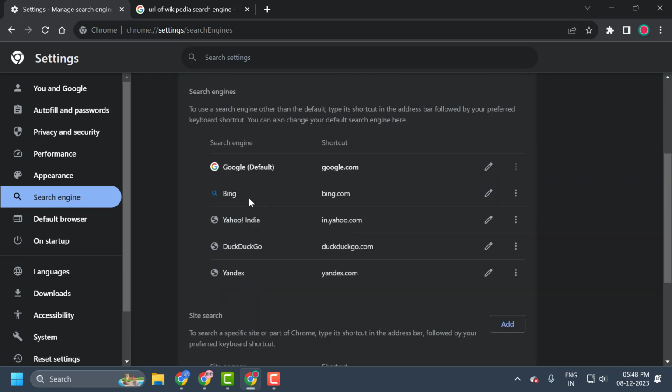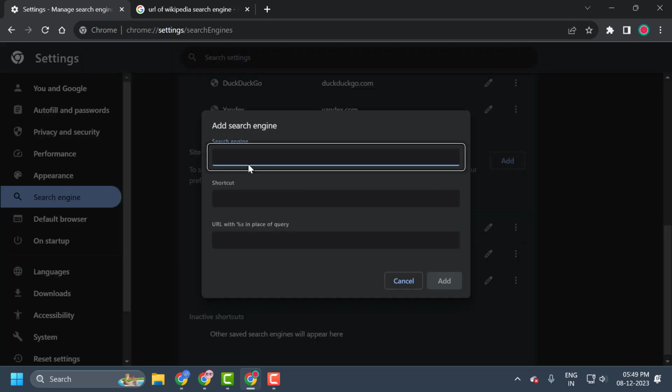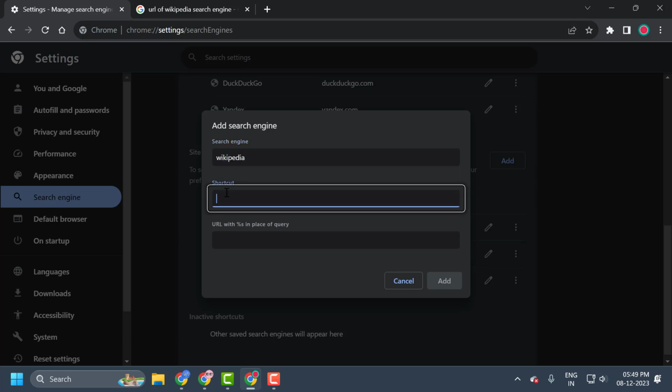You just need to scroll down over here. Next to site search, click on add. In here you just need to type the search engine name. For example, I'm just going to add the Wikipedia search engine. After typing it, you just need to type the shortcut of the website name. I'm going to type wikipedia.com,